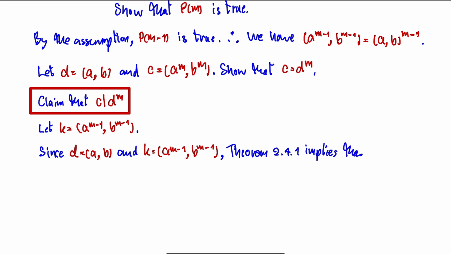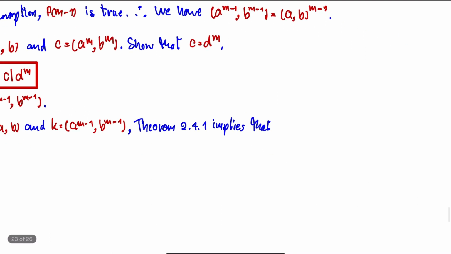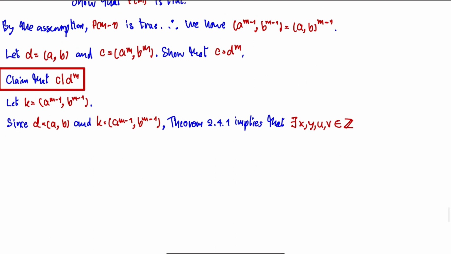It implies that there exist integers x, y, u, v